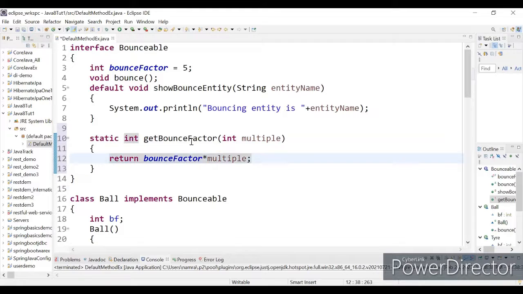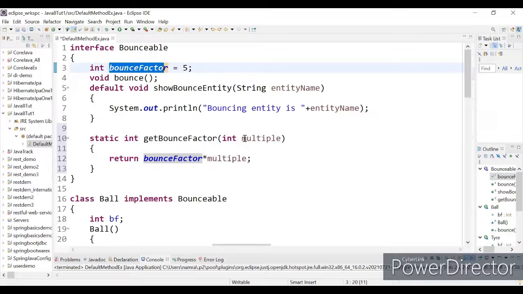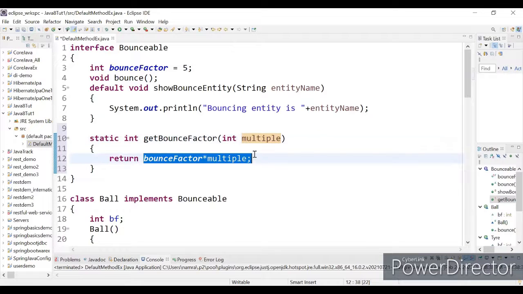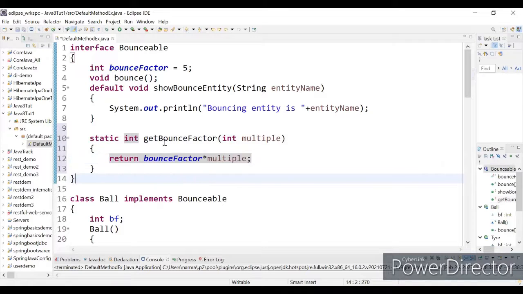I've added a get bounce factor, which will return the bounce factor value over here. But before it returns the bounce factor value, whatever multiple you have passed to this get bounce factor method, it's going to multiply your bounce factor with that multiple. So if your multiple is 5, it is going to increase your bounce factor 5 times, and then it is going to return it. Okay. So that is what is added over here, and because it's a static method, it can access your static variable